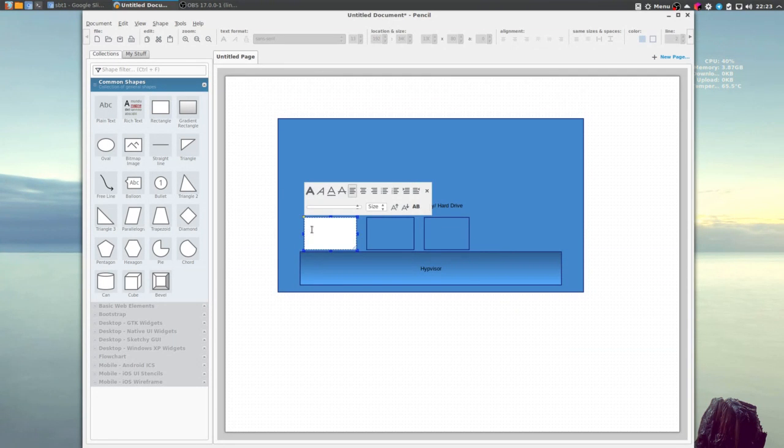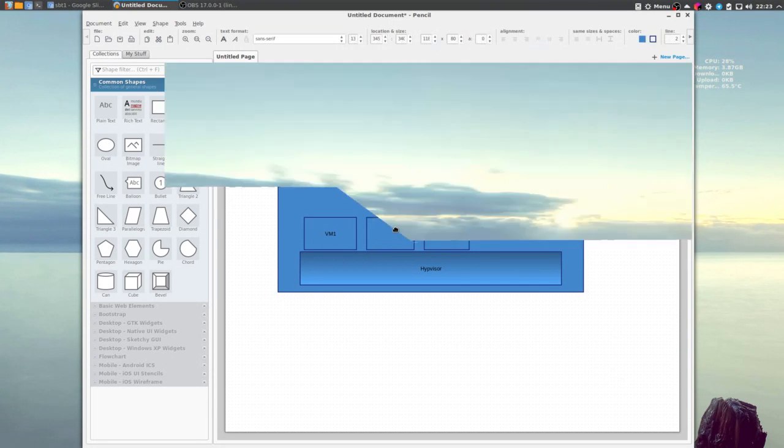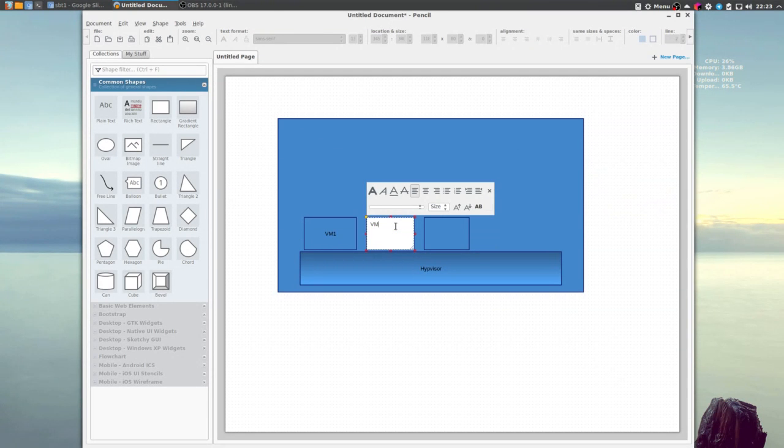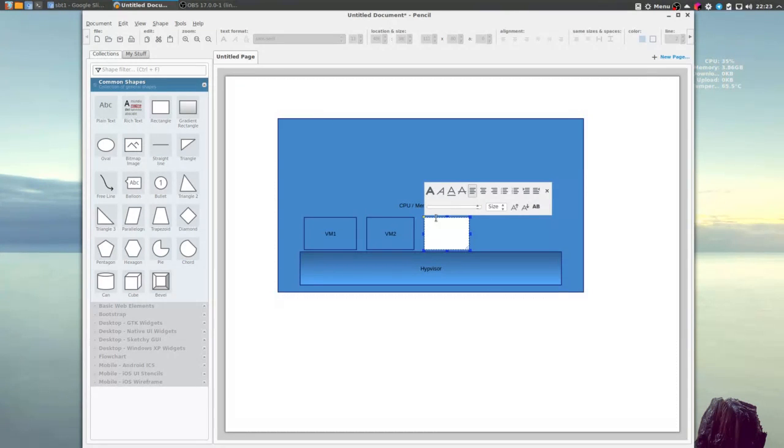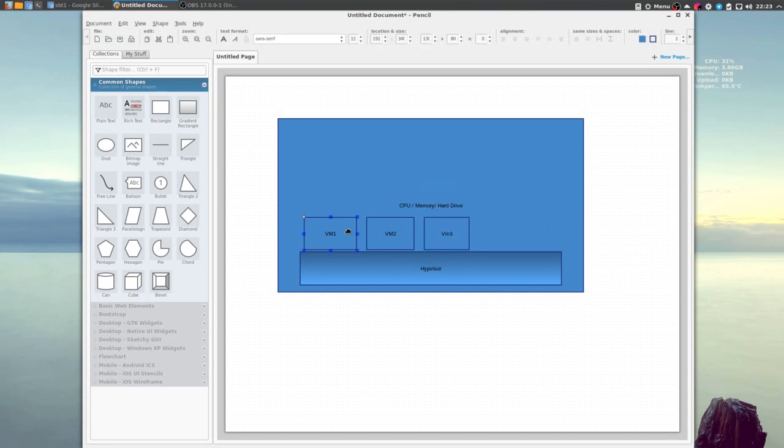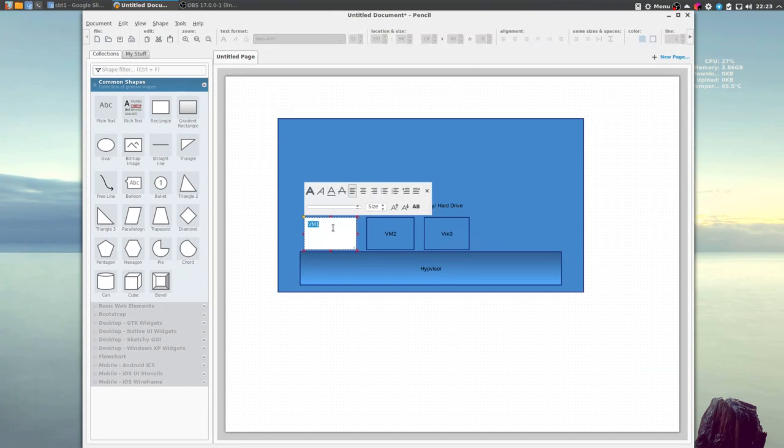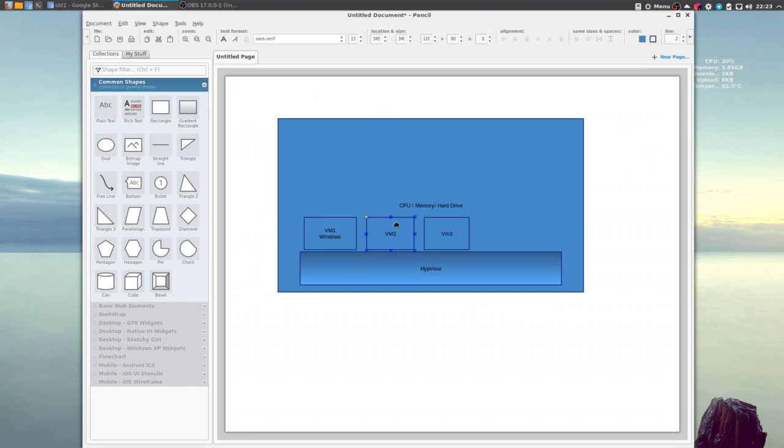So this is VM1, VM2, VM3. And just to show you, it's an entirely logical construct. VM1 can be running Windows. VM2 can be running Linux.